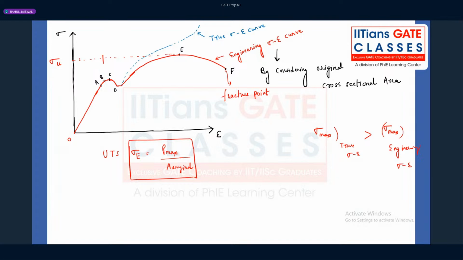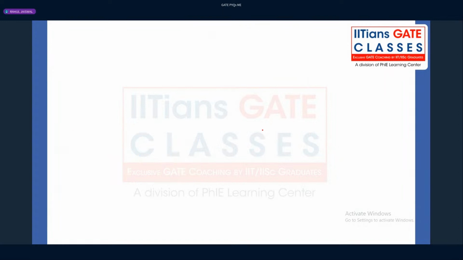Because till point B we have elastic range. Here we have the elastic range, and from here whatever the range we have, that is a plastic range. That is the plastic range is started taking place. So transition will be taking place at a point B. Point B is not a maximum stress value, not a maximum loading value, right? Now